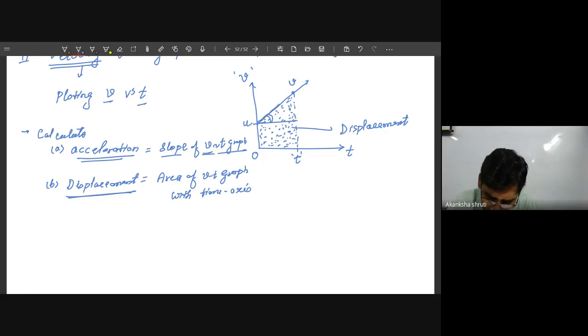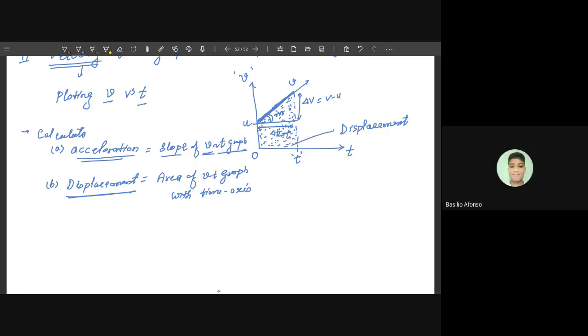But what is the slope of this line? Slope calculation is the same as for the xt graph. So this is again given by m. And this m is again calculated by taking only this much length. This will be delta v. Here in this case it is v minus u basically. And this is your delta t, here to here. This delta t may be t2 minus t1, and here in this case it is t minus 0, so it is t itself. Okay. So displacement is basically the entire area. But for the slope, we have to take the slanted line.